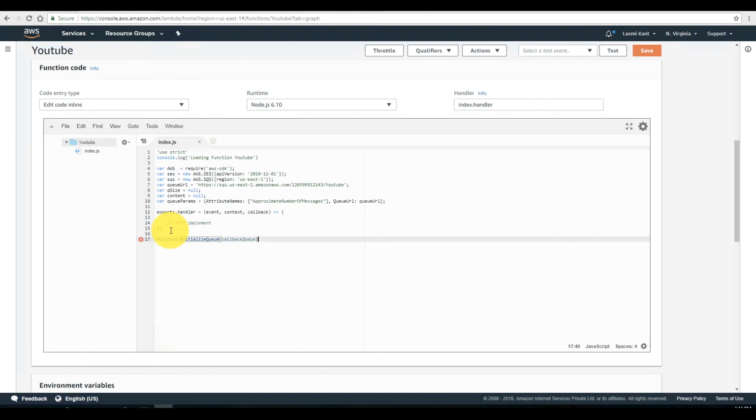Let's create this function. First of all, we need to print on the console so that we can keep track of how it is performing. So we can say reading from queue. Sorry, we need to put it into round braces. Okay, so reading from queue, and then we need to add this as a